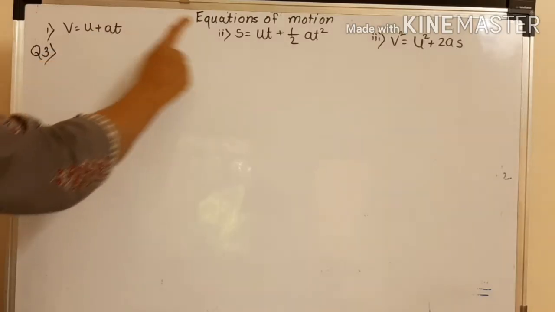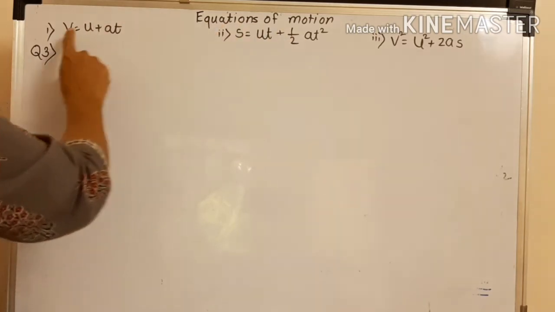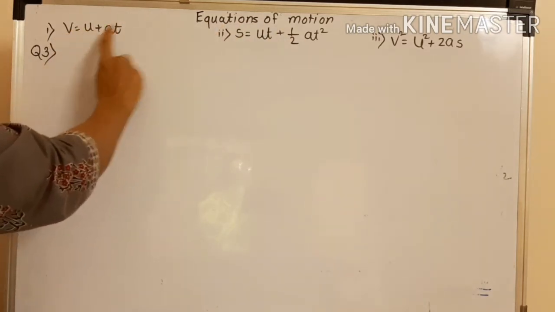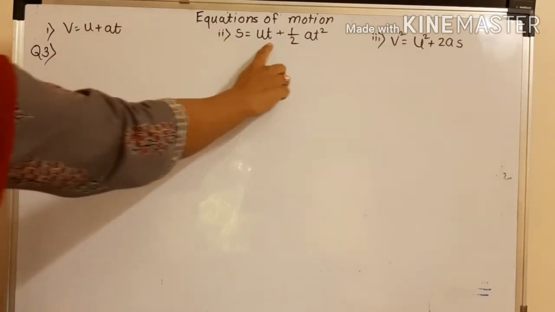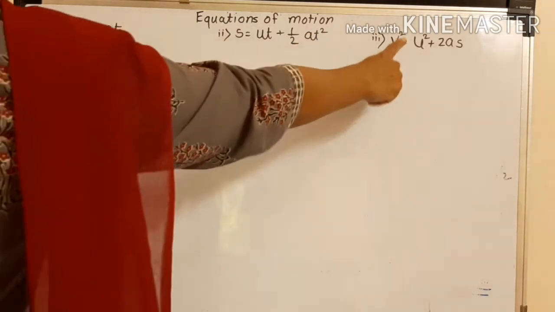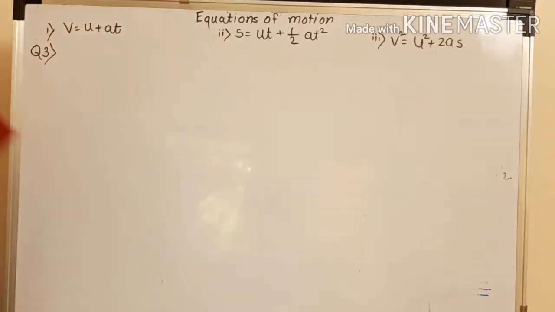There are three equations of motion. First, v is equal to u plus at. Second equation, s is equal to ut plus 1/2 at square, and v square is equal to u square plus twice as. Now, by using these equations, we have to solve some examples which are given on page number 17,